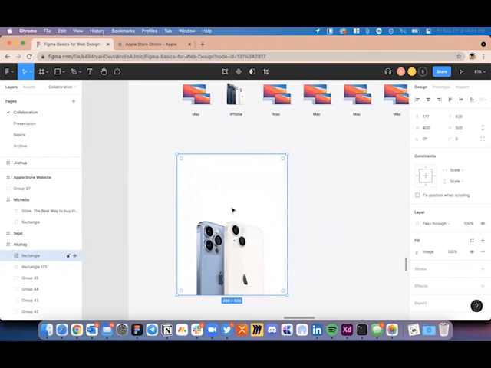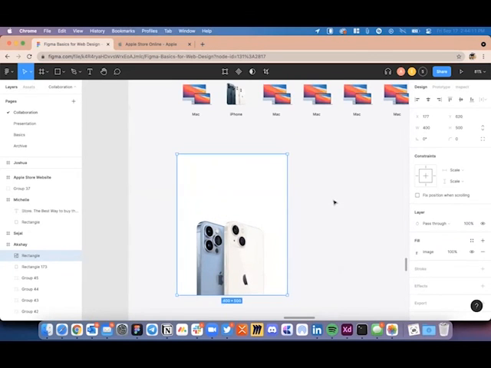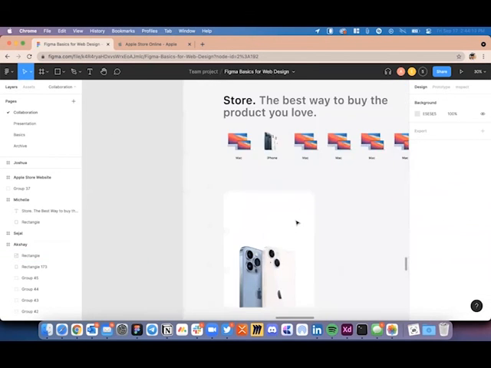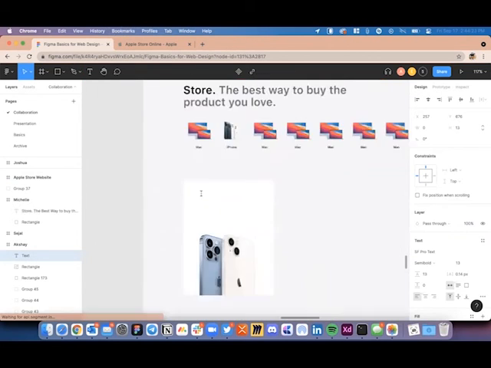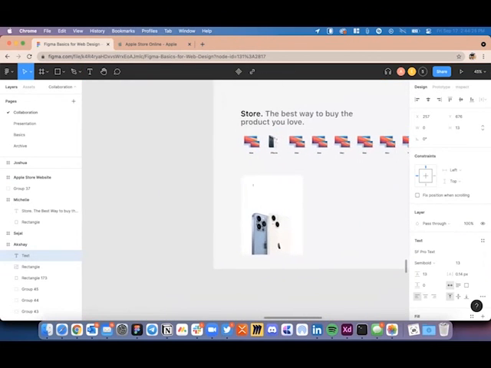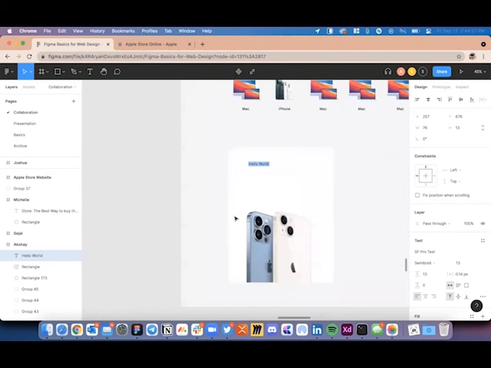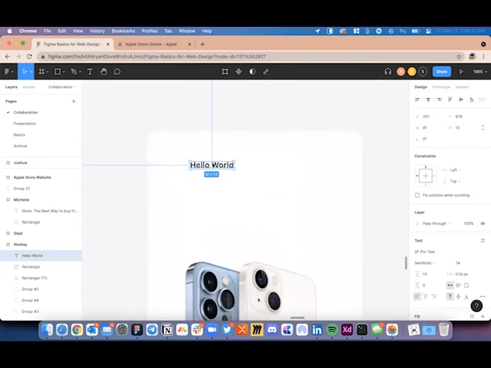There's something called a mask, which we'll introduce you to in an advanced session, but you can also define the rounded radius for an image, 18. So this is how you can use the image, and then you can use some text, which can be anything you want. For now, we'll just use something like this.